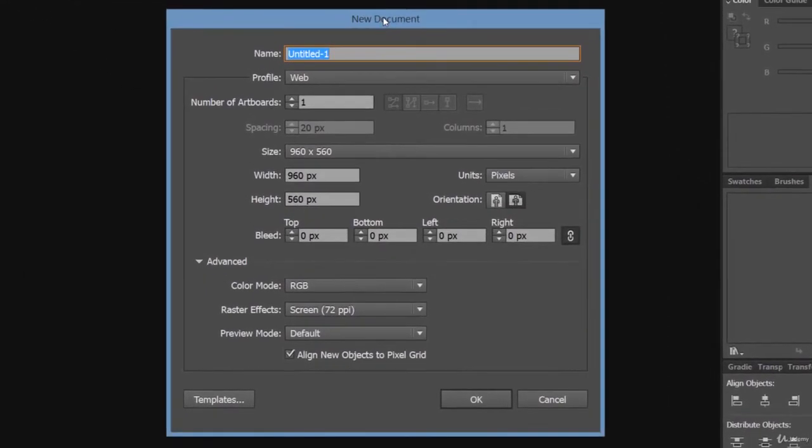Okay, you can see this window popping up. The name of this window is New Document and it is providing you few options. The first one, you can provide a name of this document, like say my first Illustrator document.